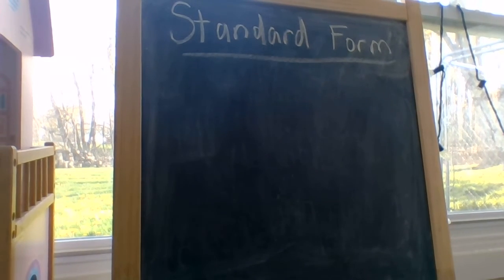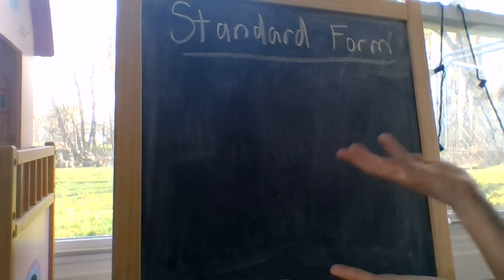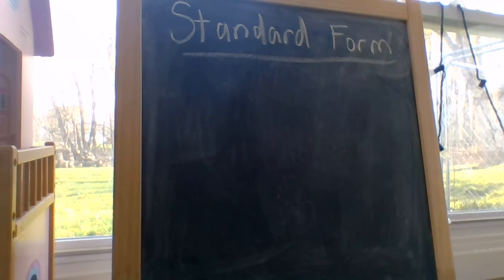If you just watched my video on expanded form, we're now going to look at standard form. This is where we take that expanded form and put those numbers back together to get the way we would normally see the number written. So let's start with